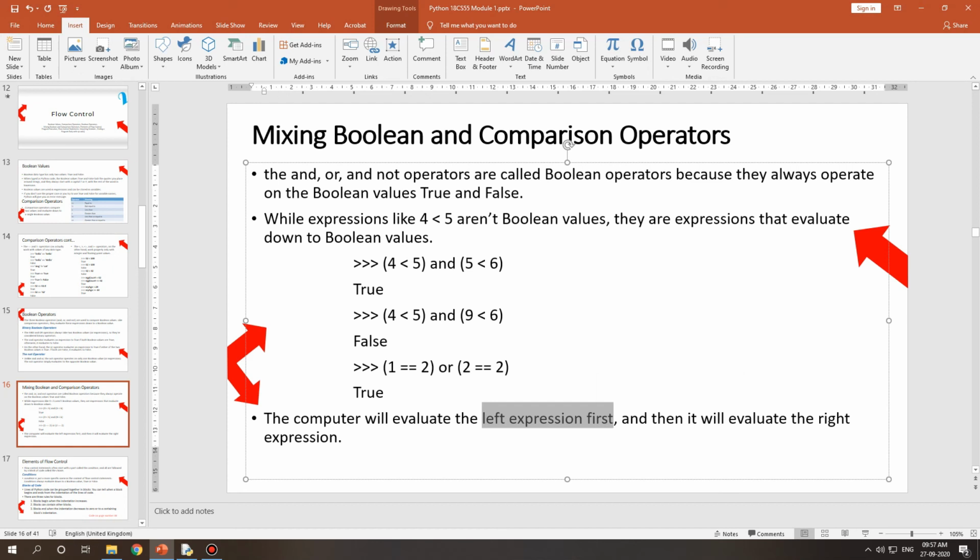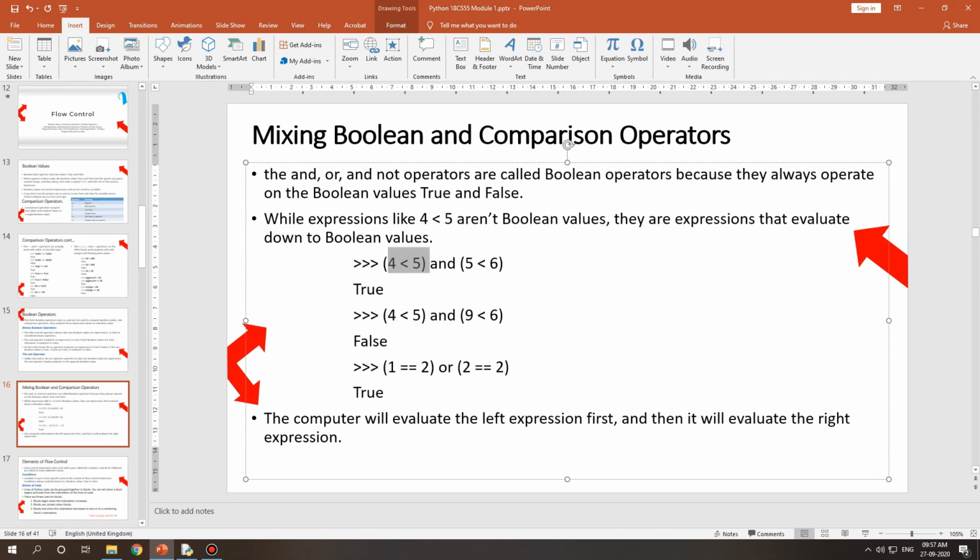When it is evaluating the left expression, if it becomes false, the rest of the expressions it is not going to evaluate, because once it is false, the entire and expression will be false, right?